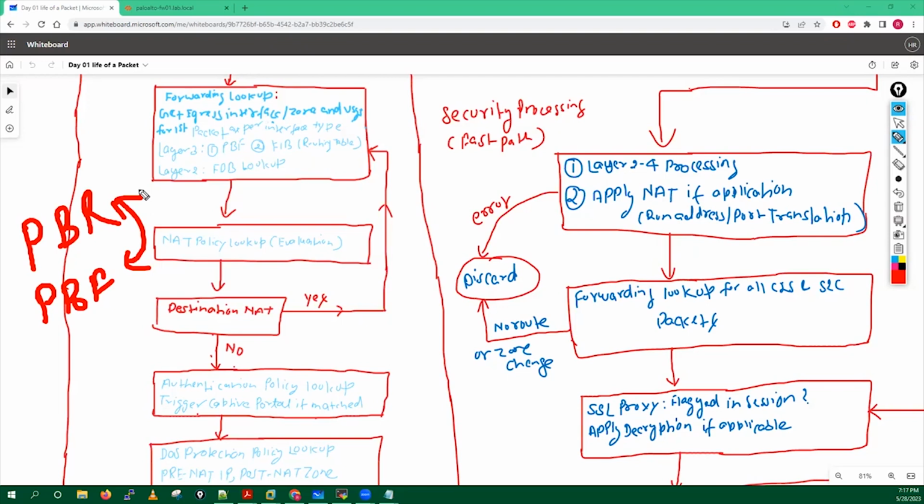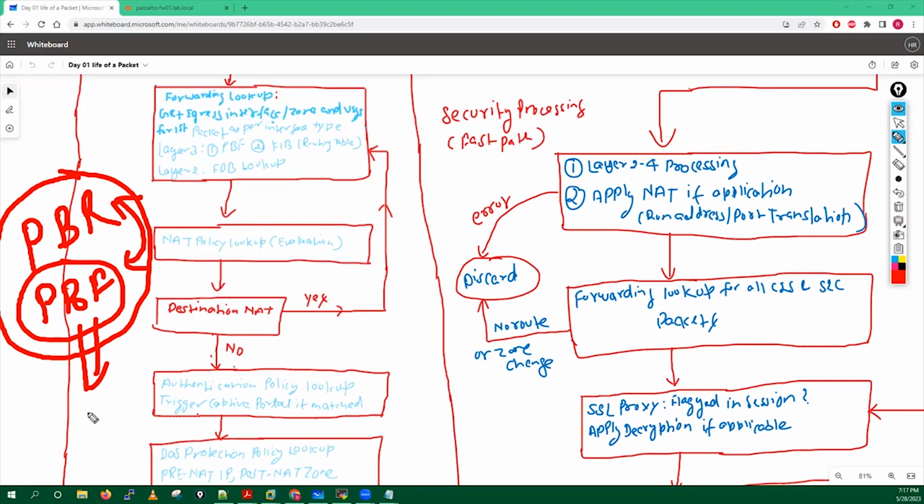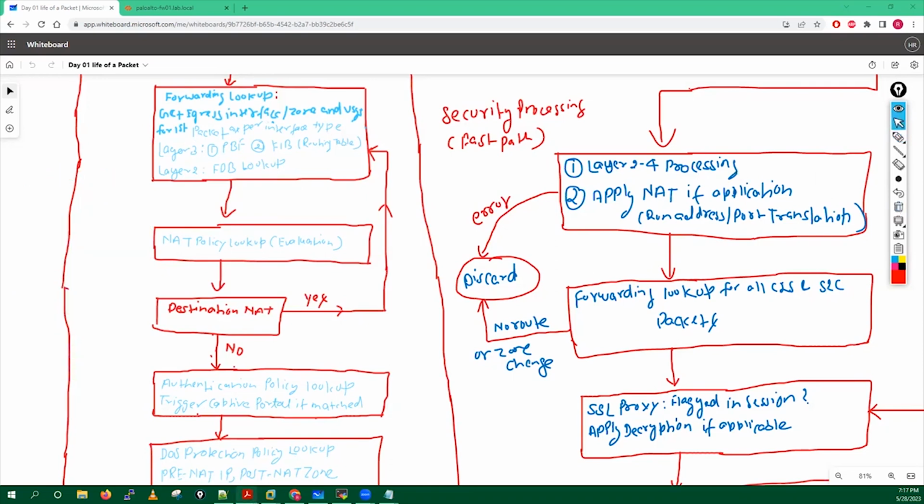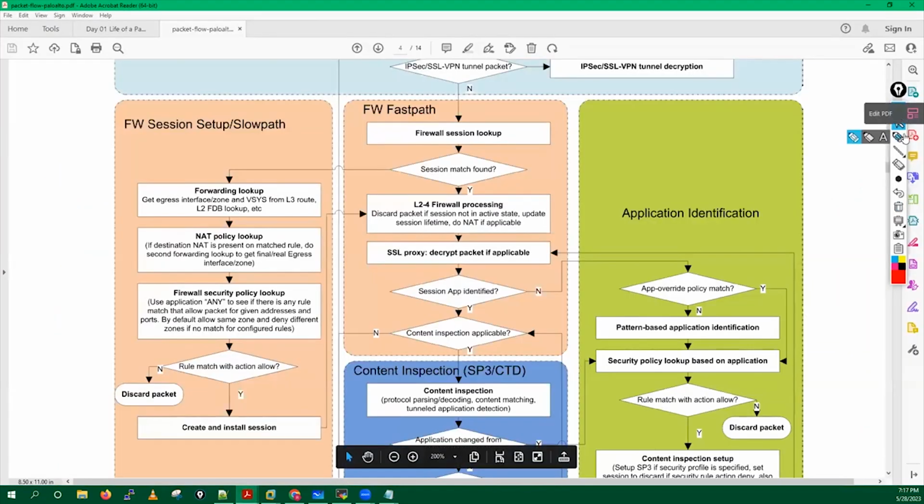It's a source based routing, or a decision making that takes precedence over the static route. So PBR will take precedence over all the routes. It's not about the static route. So generally what used to happen, this PBR or PBF, it's policy based forwarding in Palo Alto firewall. Generally, when any device does the lookup into the routing table,